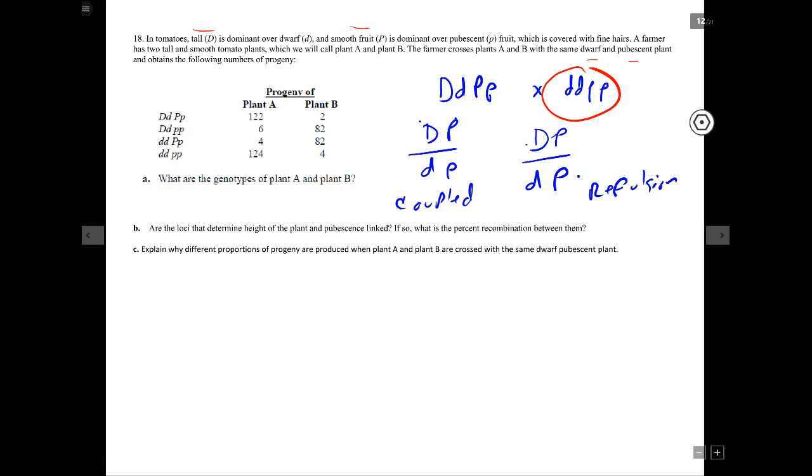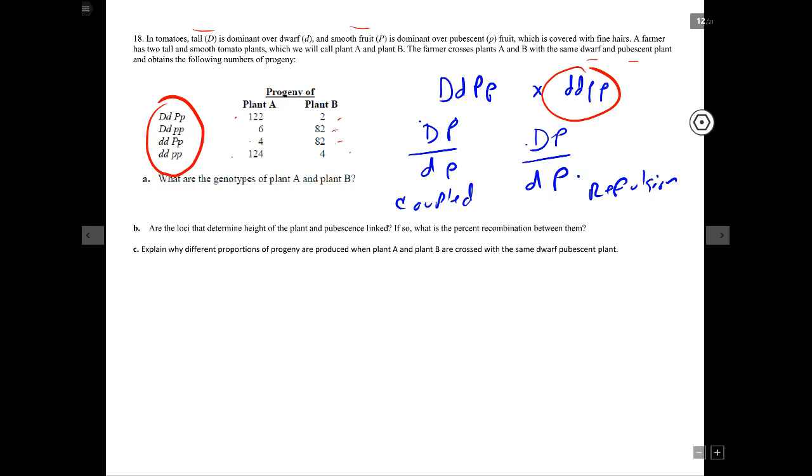And because you get that, that fits the pattern of a test cross between two linked genes, where you get a lot of two things and then fewer of the other two things. And then here we just have different high numbers and low numbers, but the things that are high and the things that are low are a little bit different. So if we do this first one, if we look at these,